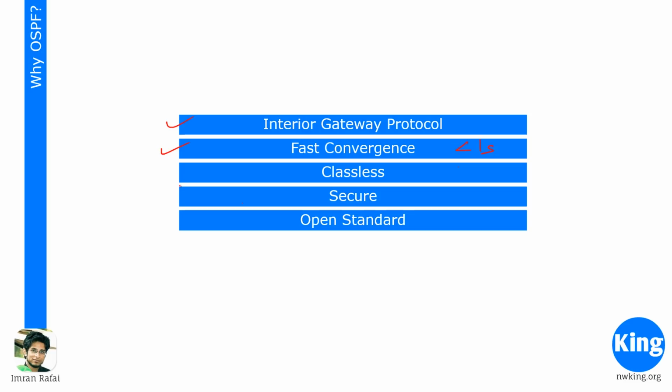So it's classful, at least version 1, but OSPF is classless. It has also got authentication. So if two routers need to share OSPF information, we could set up an authentication where only if it authenticates the password would they become neighbors, and only then would they start sharing information, right? So authentication is also supported, and like we discussed, it is open standard, and so a lot of manufacturers use